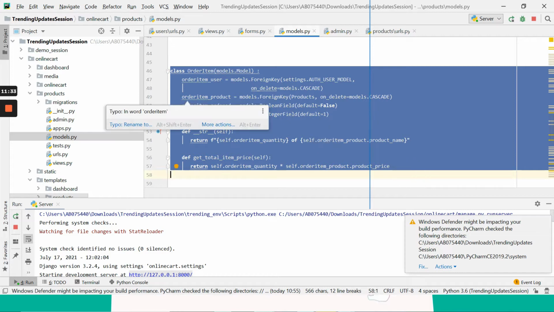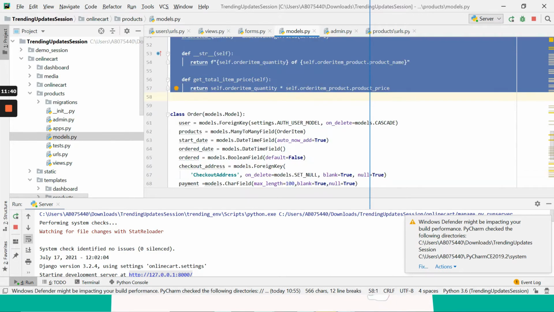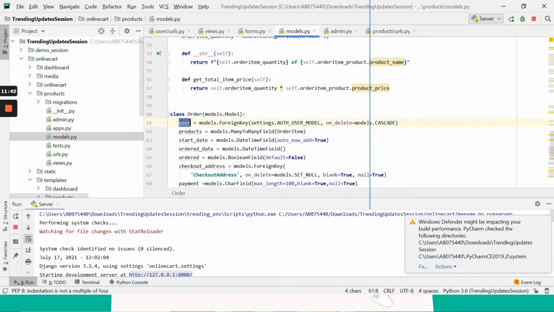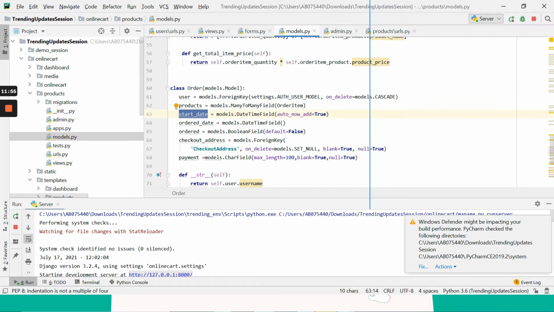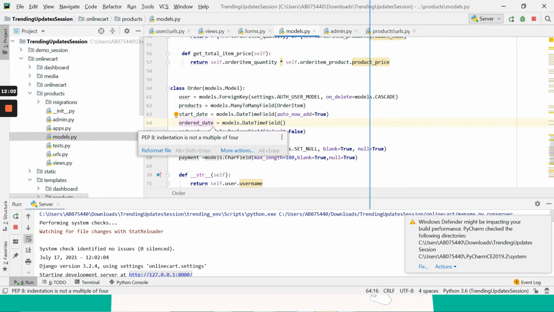Here you are adding how much quantity and which items should be given in the order, and this is the actual cart. So you can see the user is there, and products, under which the entire order item will be. If you are ordering 3 items, they will come under this products field. Start date is the actual date when your order is started, and order date is the actual date when you convert your order from cart to orders status.